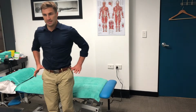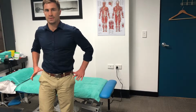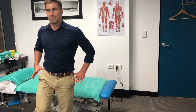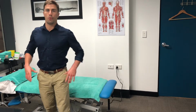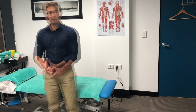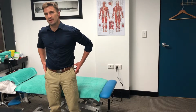And another big thing that it does that's really important is it actually dynamically stabilizes the hip as we go into single leg. So as we go into single leg, it'll actually lift up and keep us nice and straight. So it's really important when you're walking or when you're running that you have nice strong glutes. The bad news is that these glute medius muscles on the side here can become inactive very easily if they're